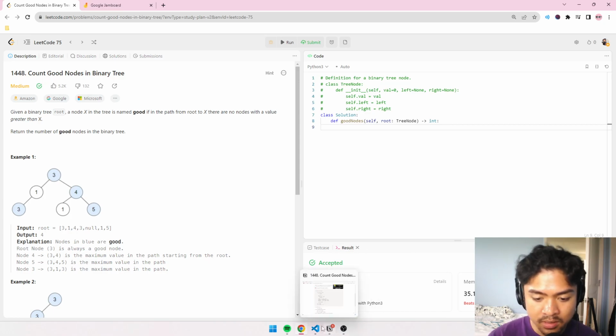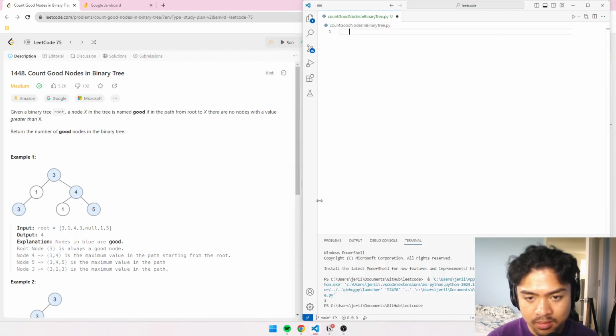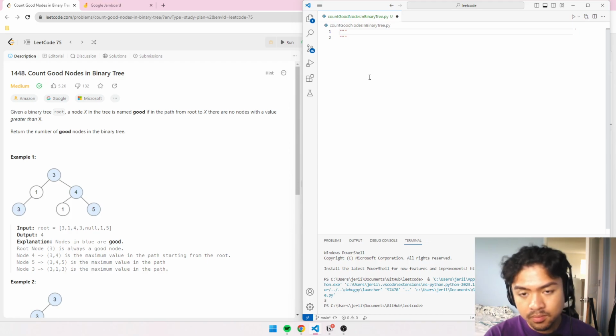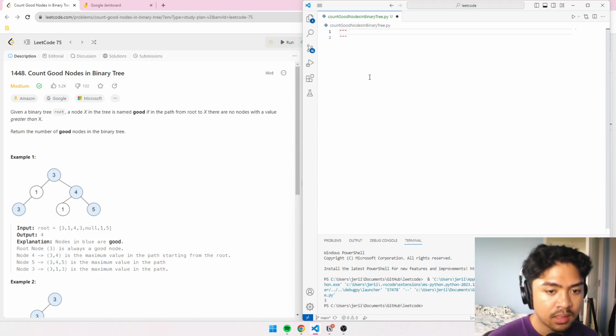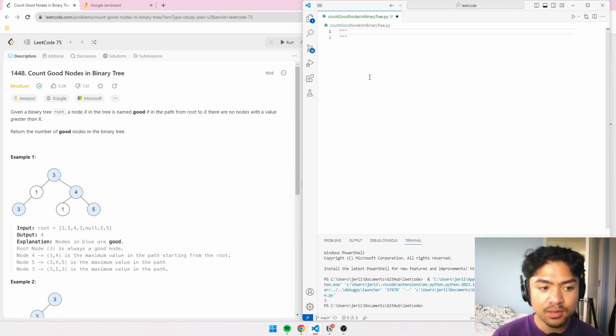All right, so let's solve it, or solve it again. Those are my notes. Let's go read the problem and make sure we read it well. So, given a binary tree root, a node x in the tree is named good if in the path from root to x there are no nodes with a value greater than x. So basically,